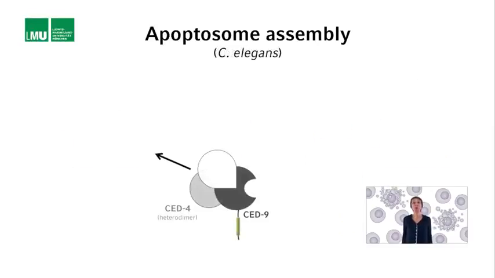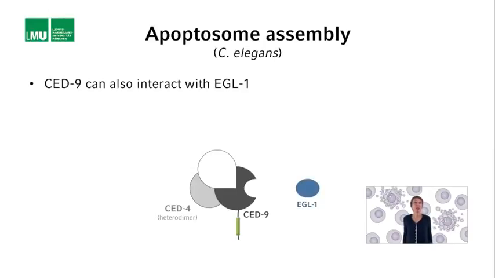If apoptosome assembly in C. elegans is blocked through the physical interaction between Z9 and Z4, how is the block relieved in cells that are destined to die? Again, the BCL2 superfamily plays an important role in that. Remember that Z9 can also interact with AGO1, the C. elegans sensor. The way we think the block on apoptosome assembly is relieved is the following.